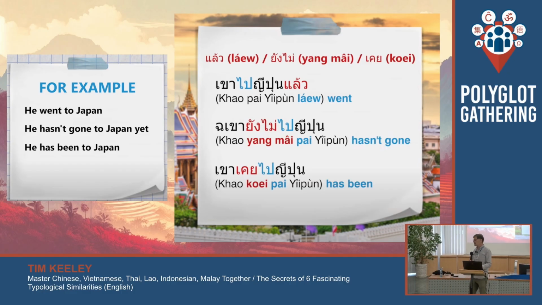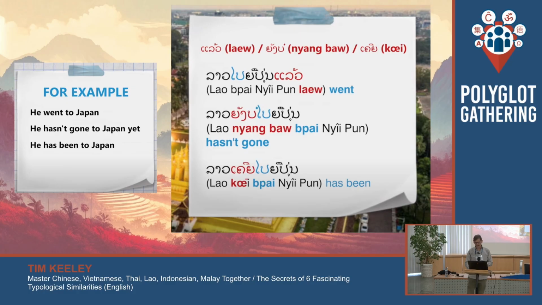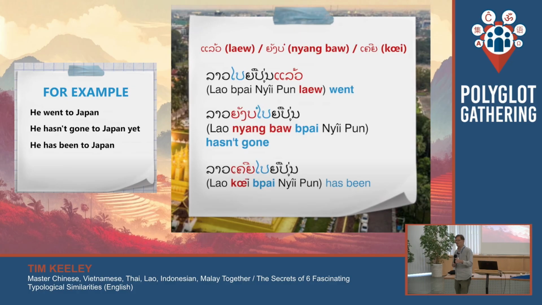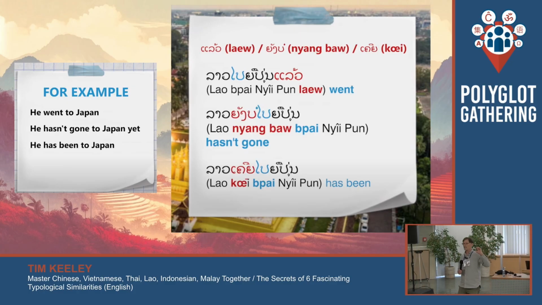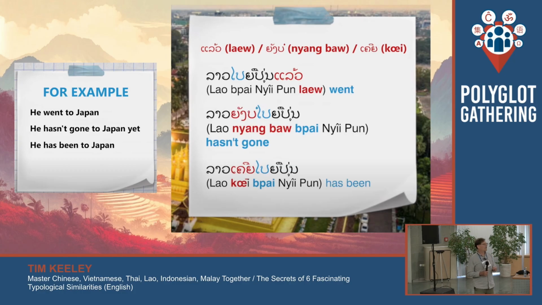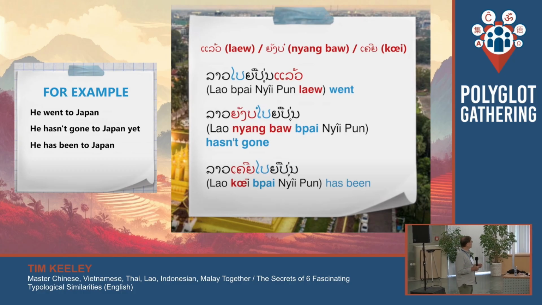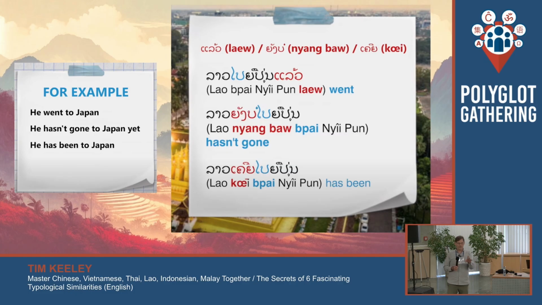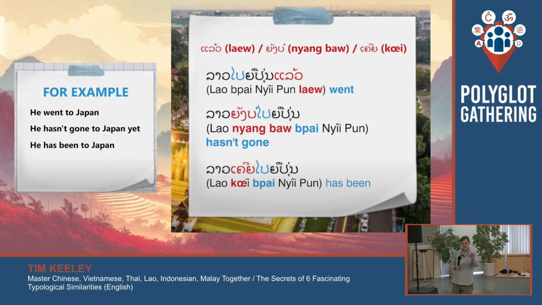Kao Khơi Bai Ipun, and again this Khơi here shows having done something in the past, an experience of it. And then Lao does the same thing. Look, you have almost the same sound, okay? So the latest video I've been doing compares Lao and Thai, and I'm showing you that, again, like Czech, Slovak, Spanish, Portuguese, etc., all right?